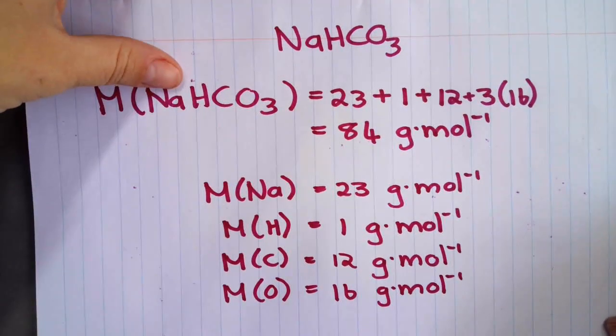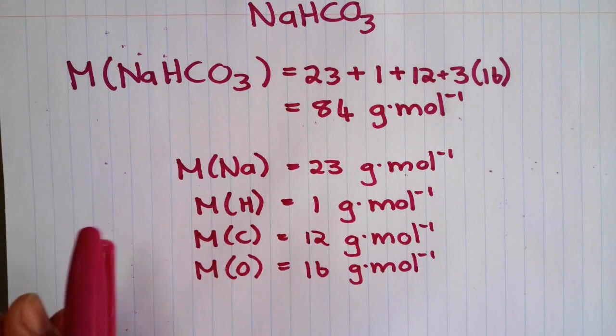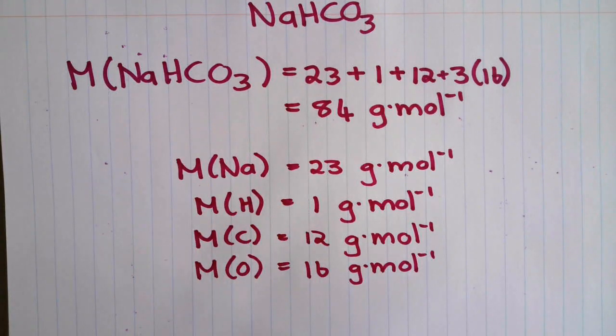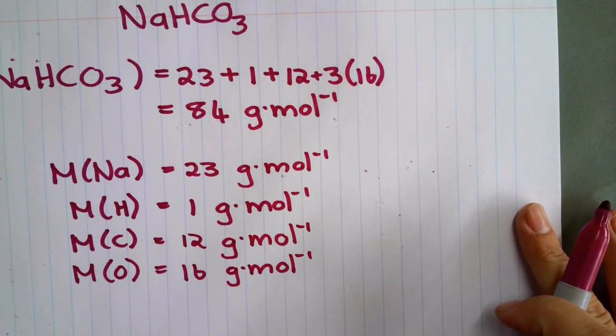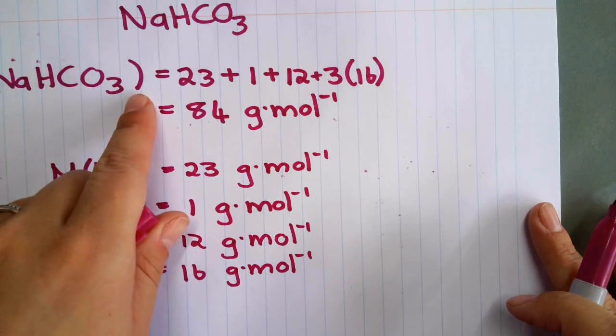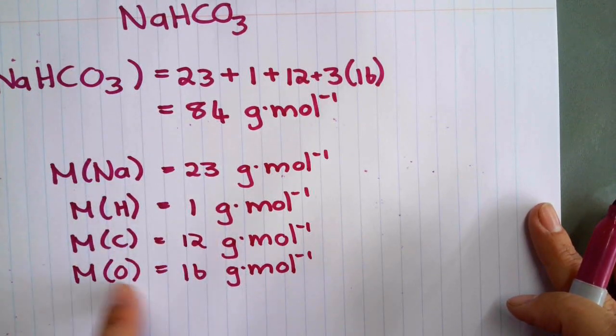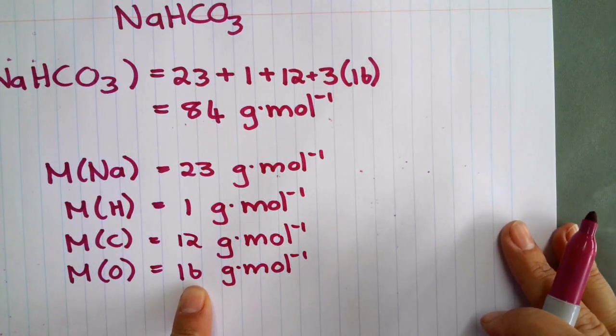Okay. Nou, persentasie samestelling beteken, how much, if you look at it like this, if you got your mark back from your test, it's out of 100, the percentage is out of 100. That means I want to know how many did you get out of the possible mark that you could have gotten. So, hierso wil ek weet, van daai totaal, hoeveel van hierdie hele verbinding bestaan uit natrium, waterstof, carbon, and oxygen. So I'm going to break it down every time.